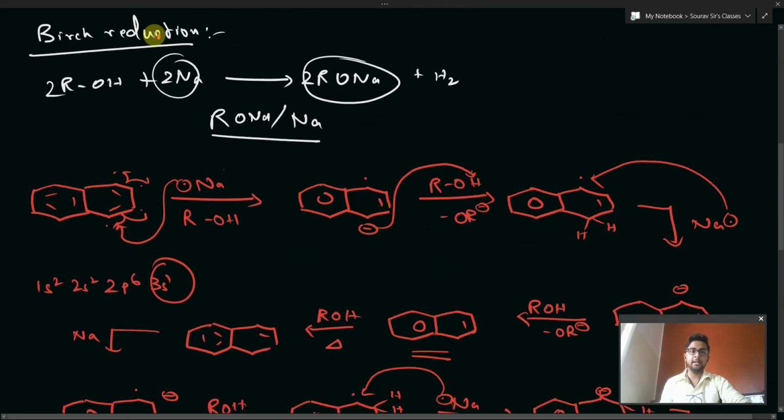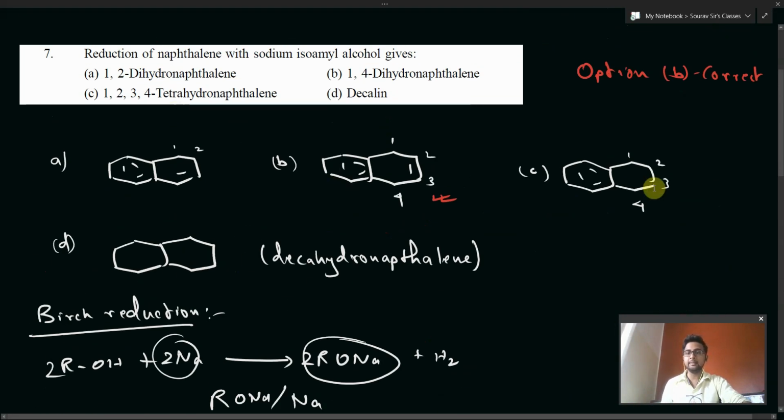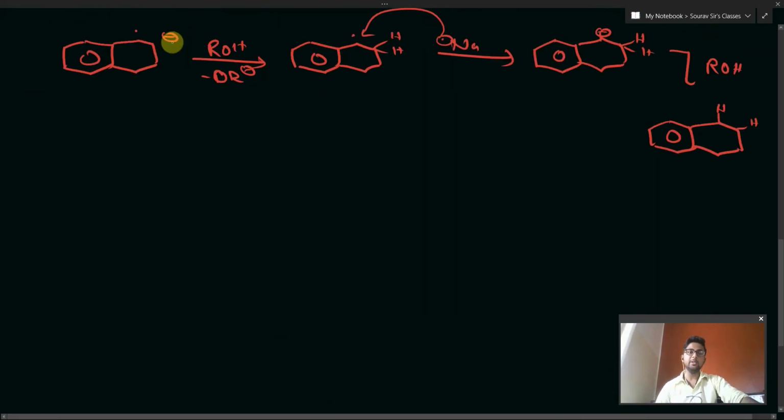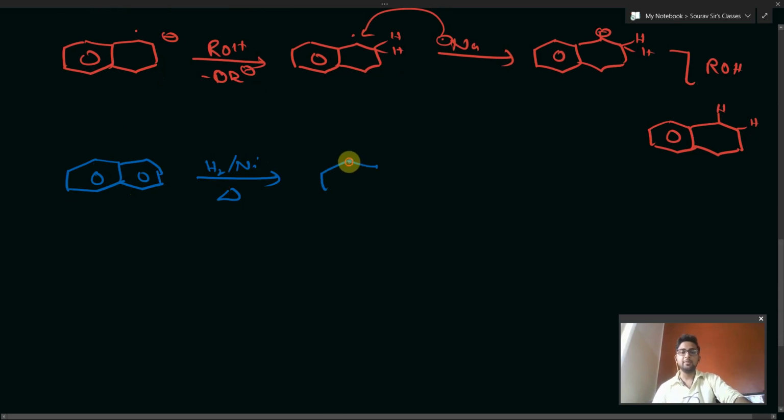Another thing I would like to mention is that these two products are obviously formed. Now the last option, decalin, is formed when you take naphthalene and reduce it in the presence of Raney nickel, in the presence of heat, at a certain temperature. All of the double bonds would be reduced with hydrogens in the same mechanism followed in the Birch reduction, where the Ni would be giving electrons, and then hydrogen would be taking up the minus charge. Then we will be getting decalin as a product.